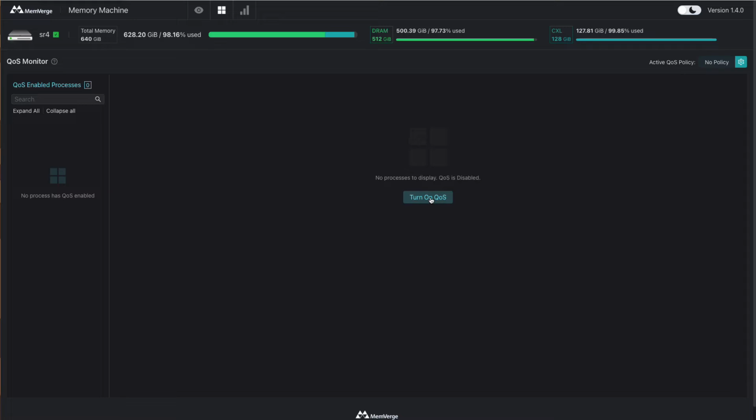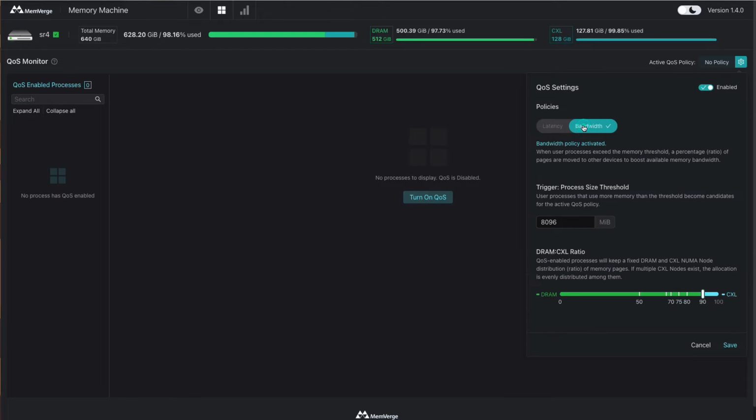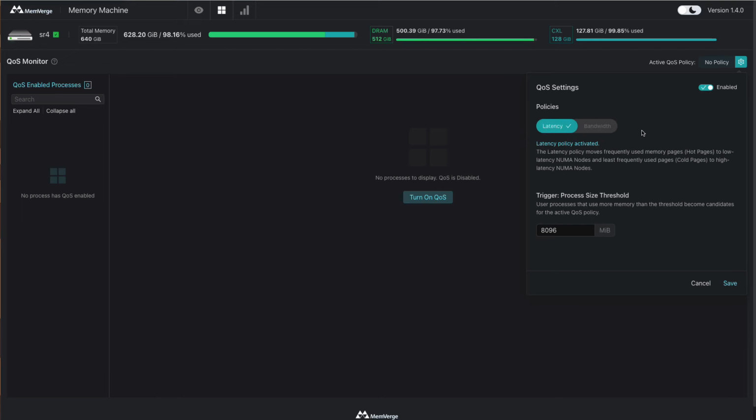So we can go ahead and click Turn on QoS. You'll get a pop-up to the top right asking you to confirm that you do indeed want to enable QoS. And once we enable this, you have the choice of either latency or bandwidth. In latency mode, we monitor the active memory pages for the application or applications that we want to inspect, and the hot memory pages are kept in the fastest tier. In this case, they'll be kept in DRAM,